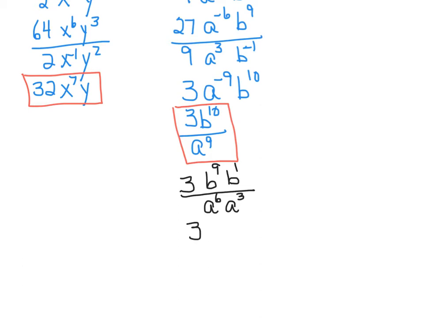Combining the like terms, I'm going to say 3 b to the 9th times b to the 1st is b to the 10th. A to the 6th times a to the 3rd gives me an a to the 9th in the denominator. So you can see that we get an equivalent answer, but I approached the first example, the first way that I did it,